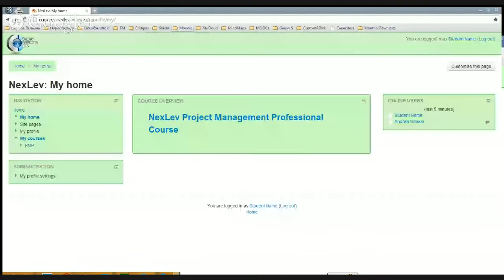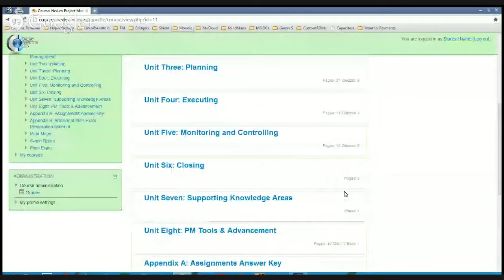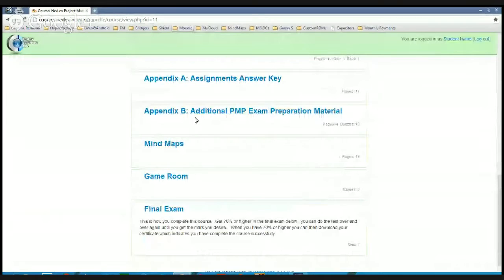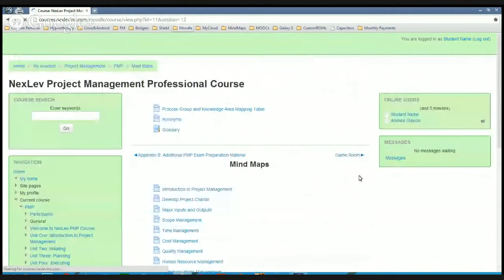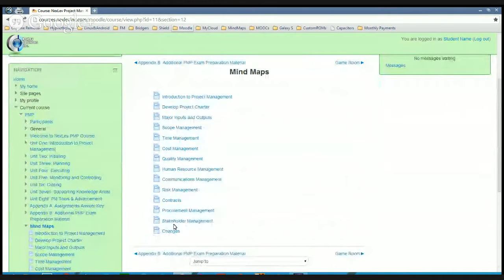So now I'm in the course, and as you can see at the bottom of the course, after Appendix B, there is a mind maps section. In this mind maps section, there's a list of mind maps based on the topic. The first one is, for example, Introduction to Project Management. So if we click on that,